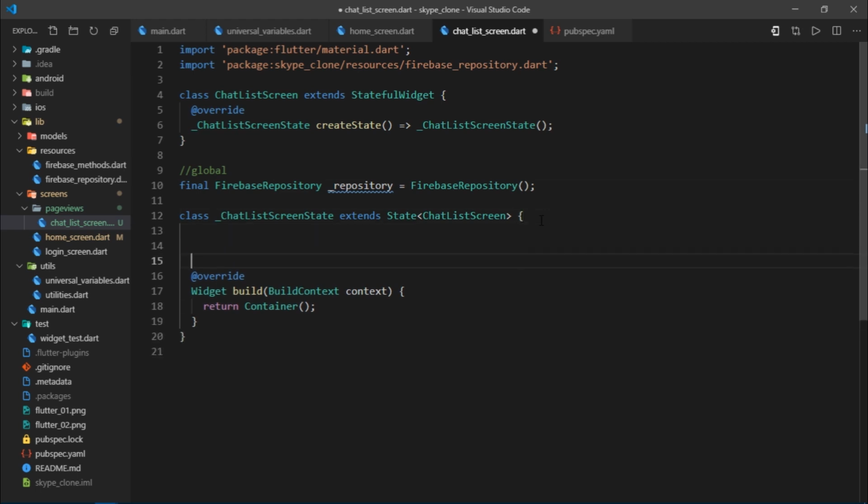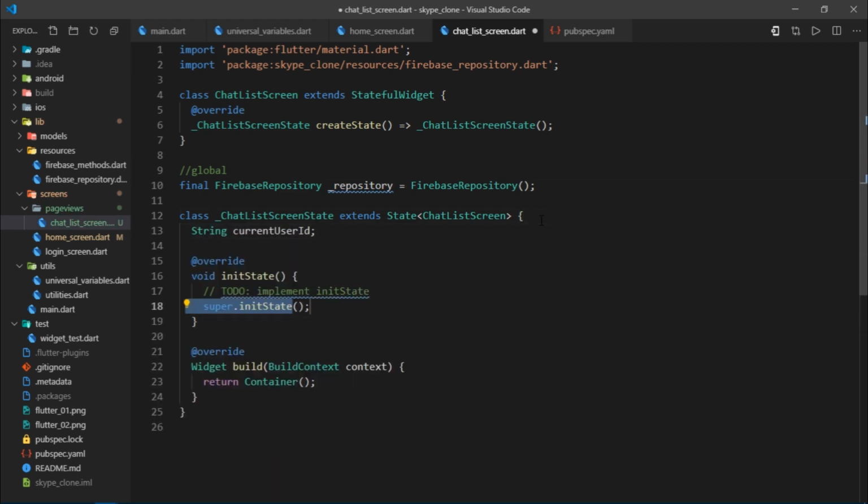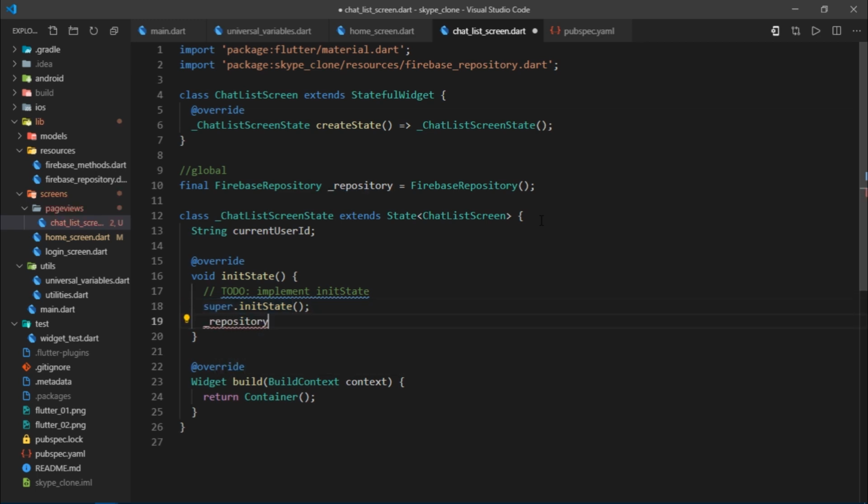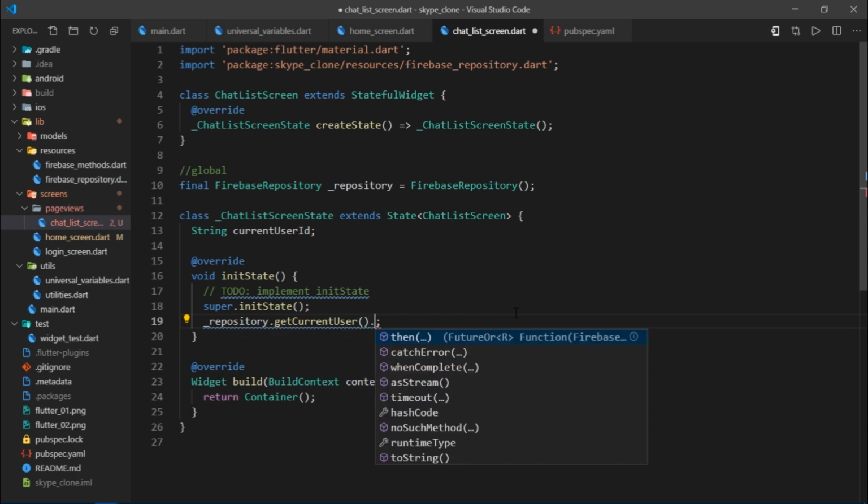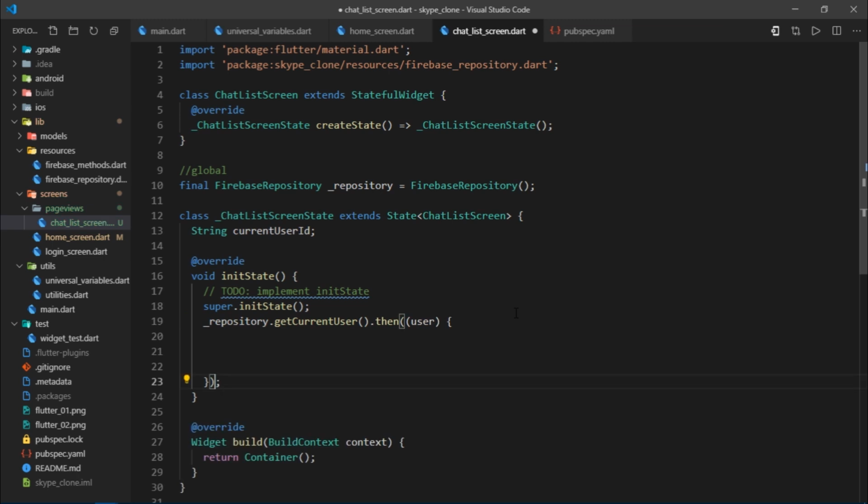After that, I'll create a string variable called currentUserID, then override the initState method. And inside of this method, I'll write repository.getCurrentUser. So this method, as the name suggests, is basically responsible for getting the details of the currently signed in user. After that, it returns a Firebase user inside of the then callback, and we'll initialize the current user ID to